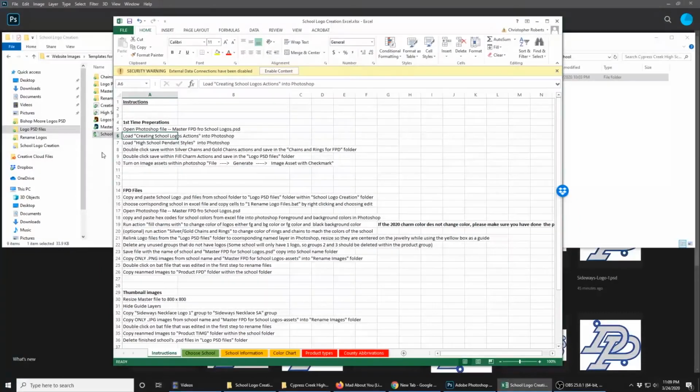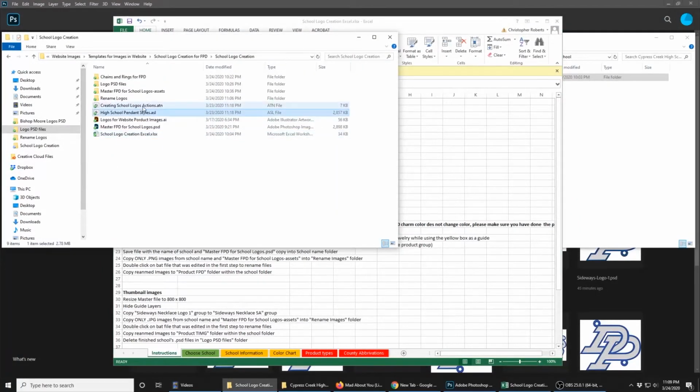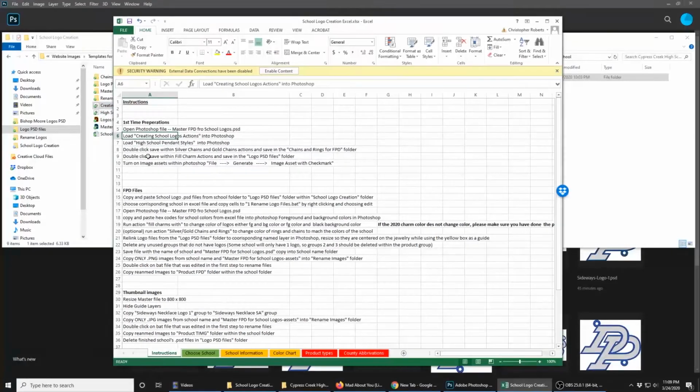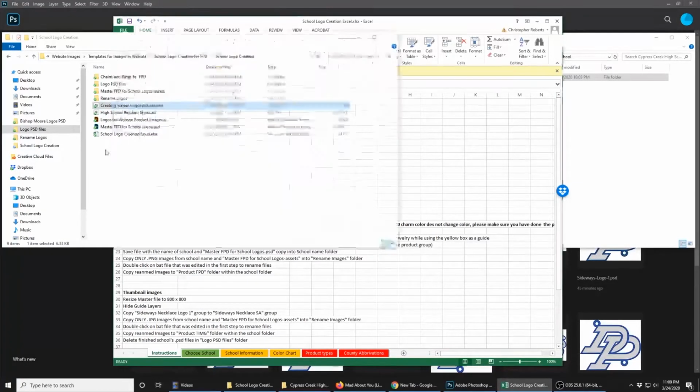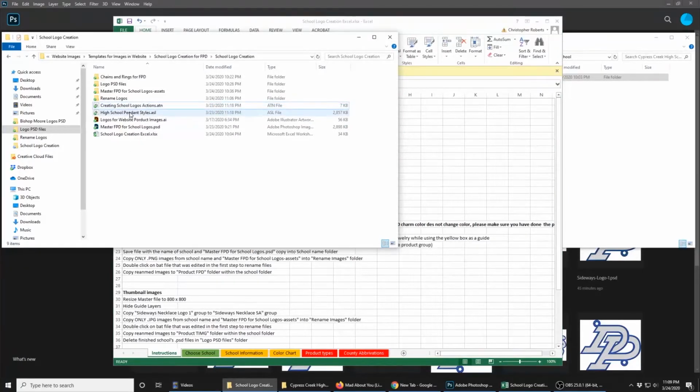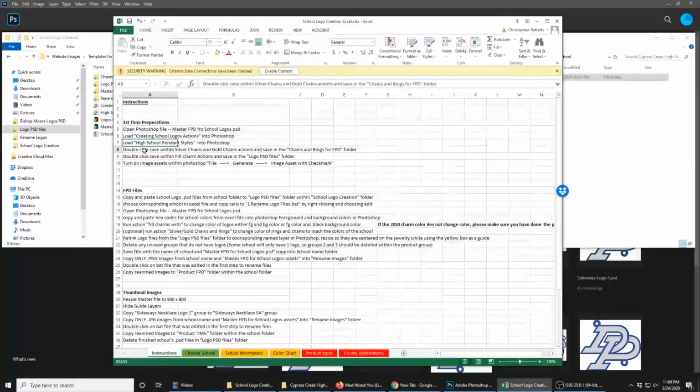So the first thing you're going to do, and the first time you run this, you're going to need to take the actions and the styles right here, these two steps, actions and styles. With Photoshop, you can double click these and they will install. And then the next thing we need to do is within the actions, we need to go ahead and save the